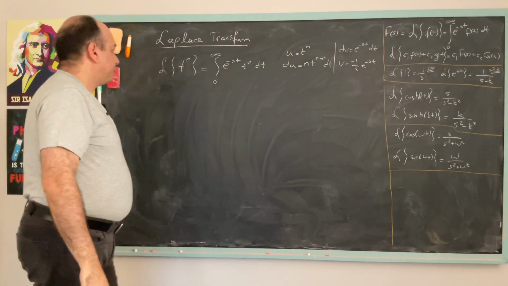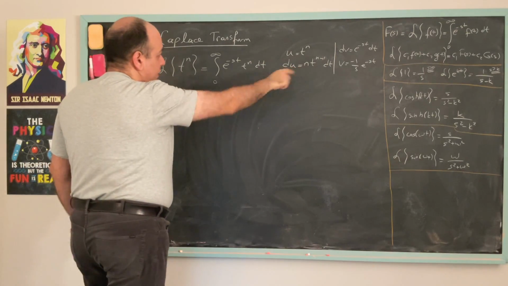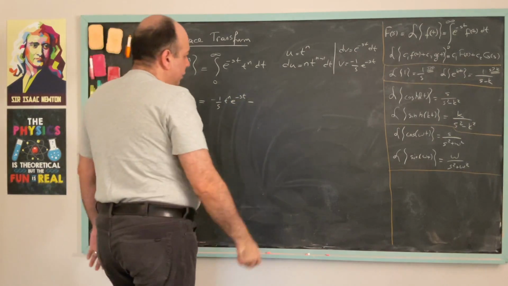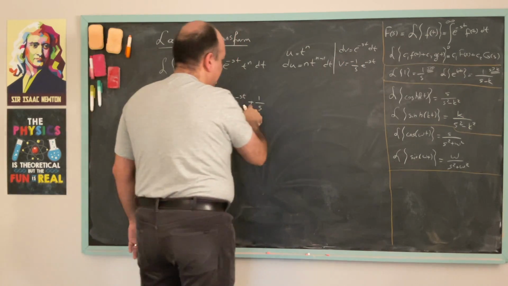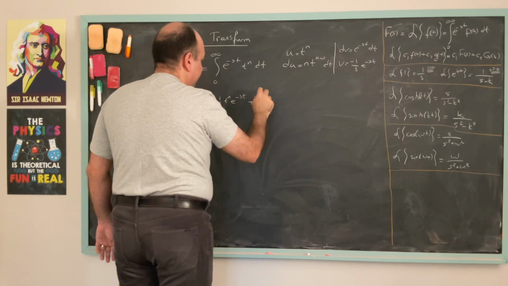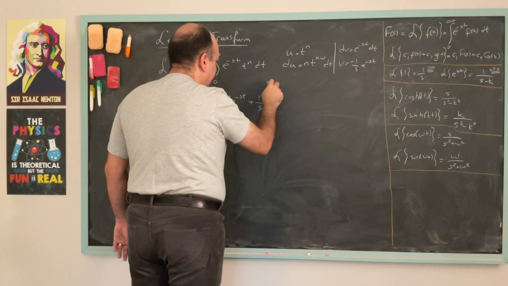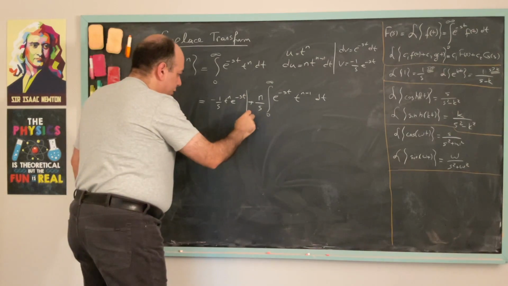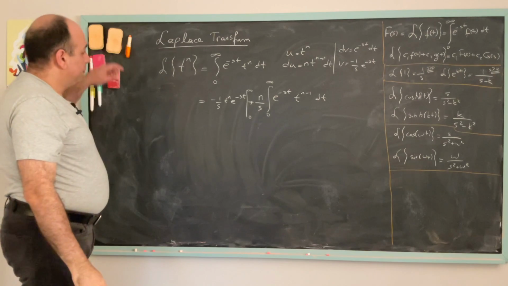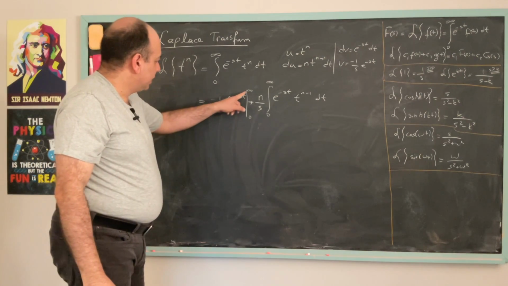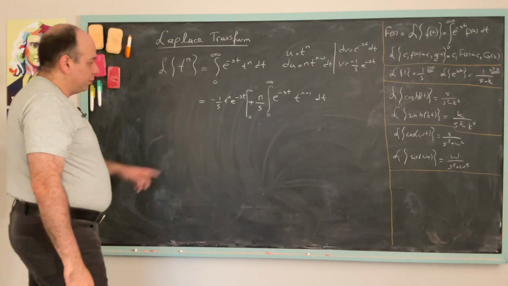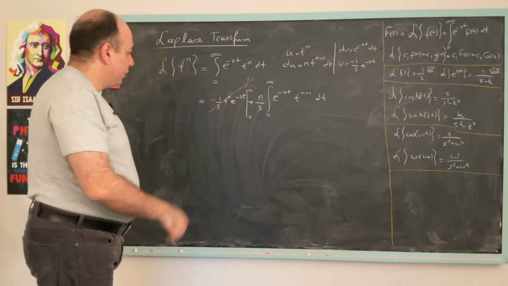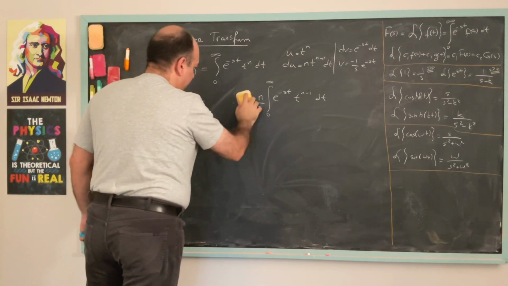Good. So this integral becomes u times v, minus 1 over s t to the n e to the minus st, minus v times du. So I have 1 over s here. Minus becomes plus. Then I have n here. It's a positive constant. And then this integral is 0 to infinity e to the minus st t to the n minus 1 dt. Okay. And the limits of the first term is from 0 to infinity. So as we see, when t is 0, this term is 0. When t goes to infinity, this term is 0, e to the minus st term. And basically, this term is 0. So we end up with this integral here. Okay. n over s